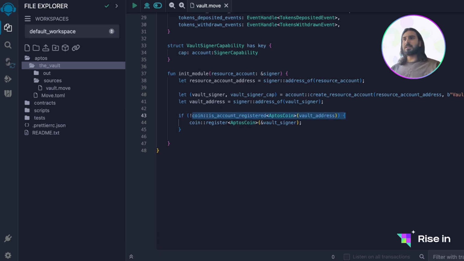And if this is not the case, and that's why we have this not in the beginning. So if this situation is not true, then we are going to register this address by calling the register function from coin. And again, we are going to pass this Aptos coin. And finally, we are going to pass this vault signer. So we want to register this signer. This is for the safety measures, so that only the registered accounts can use Aptos coin or any coin that you want to create in this